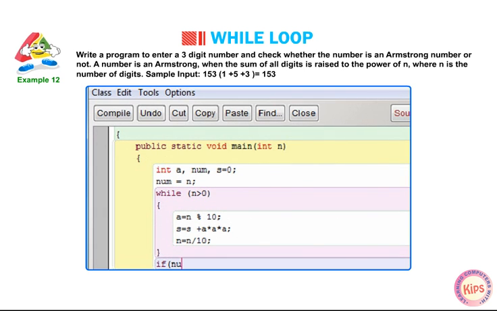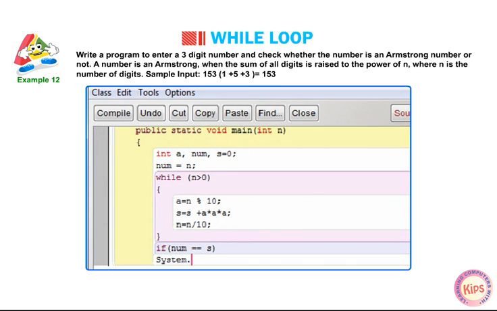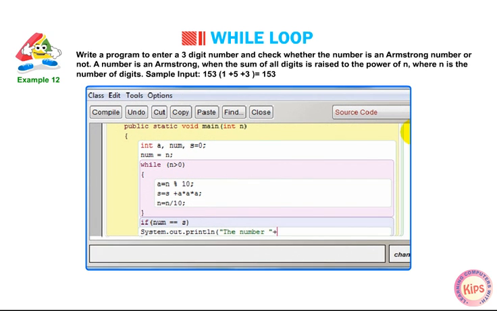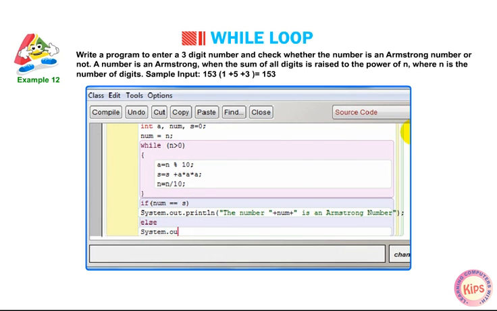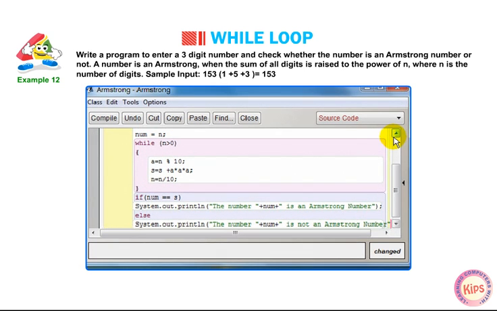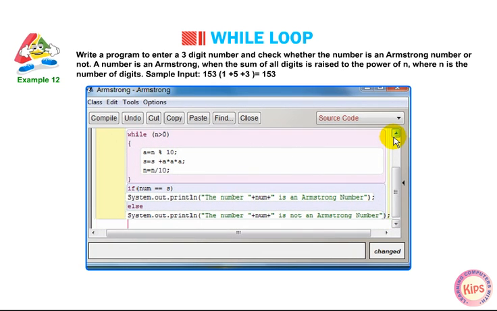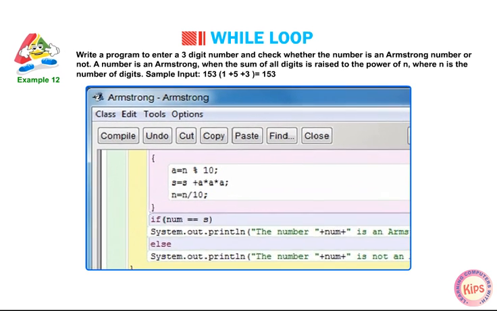if (number == s) System.out.println("The number " + number + " is an Armstrong number"); else System.out.println("The number " + number + " is not an Armstrong number"); } }